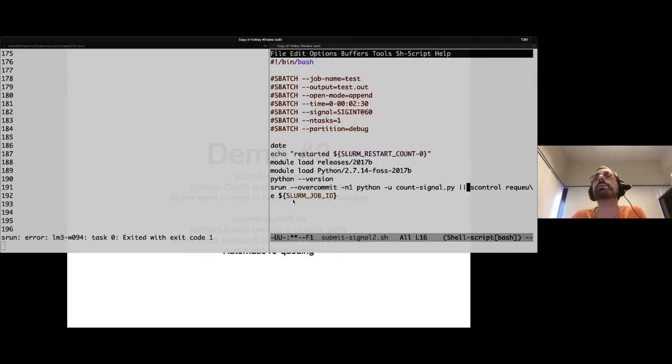signal.py, yes. So what I do here is to automatically requeue my job. That's of course very interesting. So I'm checking the code output of this job. If it finished correctly, it should return 0. If it did not finish correctly, it returned 1. And that's what I said before.